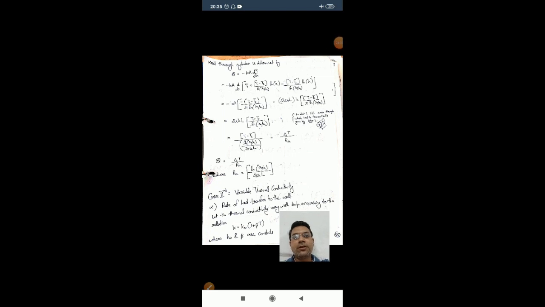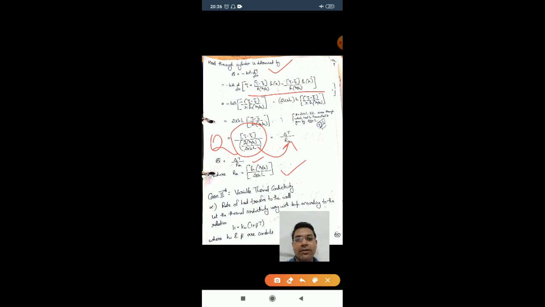So after the temperature distribution is represented in dimensionless form, the heat through the cylinder can be determined by the Fourier equation, which is written as q equals minus k dT by dr. And since we know the temperature distribution, which is written here, differentiating it with respect to r, we get the heat transfer q equals delta T upon ln(r2 by r1) upon 2 pi k L. So students, this is the thermal resistance offered by the cylinder, where q equals delta T upon Rth, and Rth is ln(r2 by r1) upon 2 pi k L.